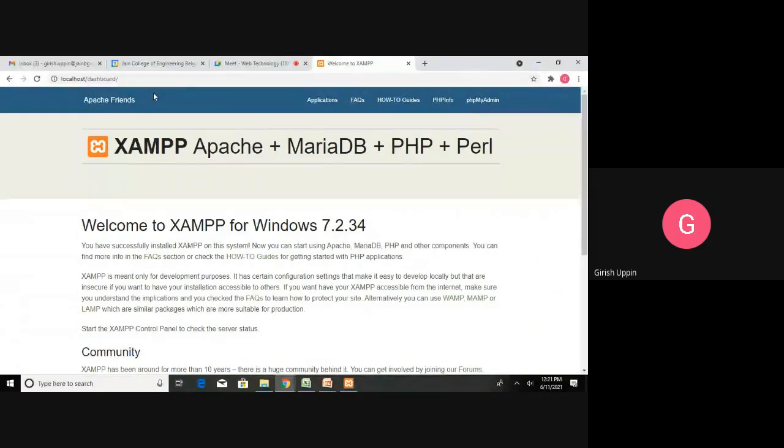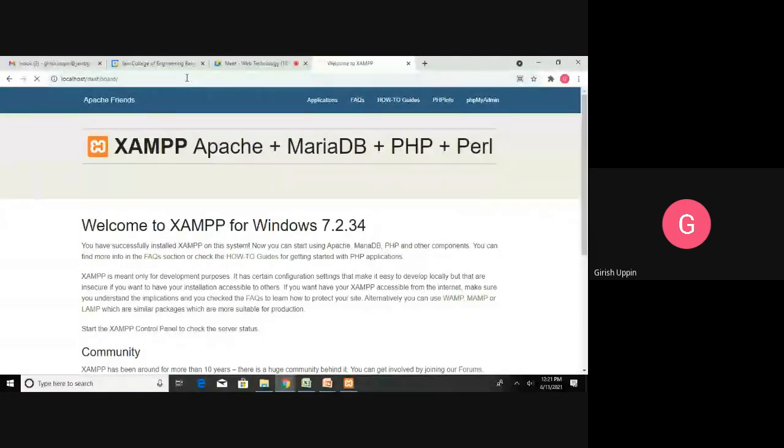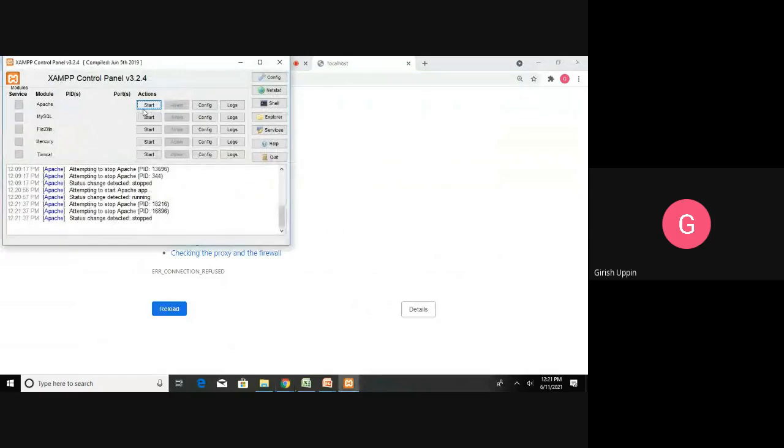Then you can host the application on top of that. You should be able to see this one. Only make sure that your Apache is started. Suppose if you stop the Apache, the web server is stopped, and if you click here, it will not find this page. Make sure your web server is running.